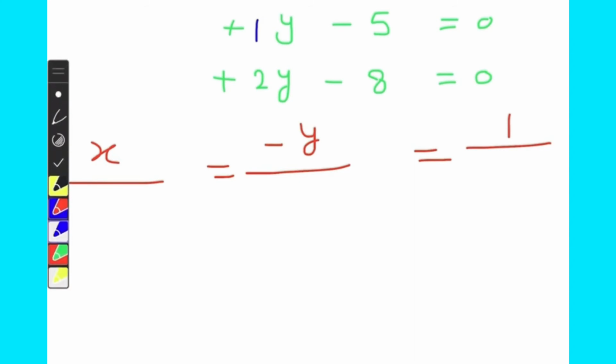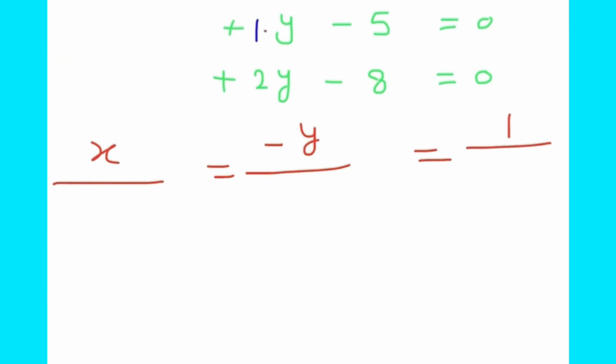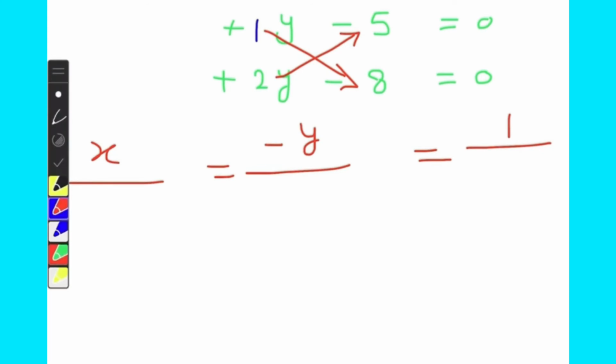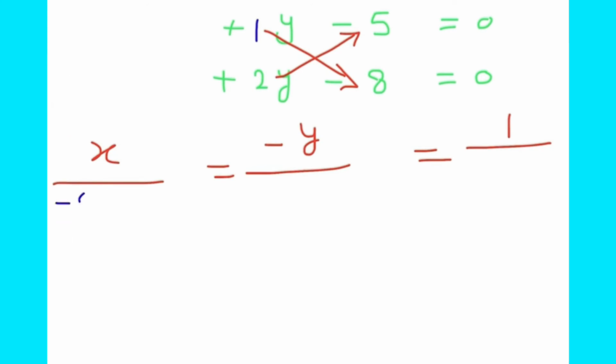You will cross multiply both. First of all, 1 2 minus 8 and 2 2 minus 5. So what is the multiplication? When you multiply 8 1s are 8, and this is a minus sign, so you will put here minus 8, and now again you put here a minus sign from your side, and then this multiplication, that is 5 2s are 10, and here again a minus sign, so you will write this as minus 10.